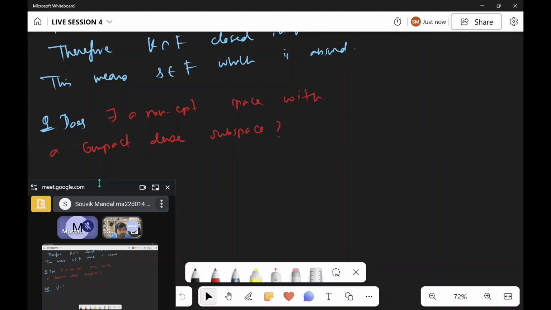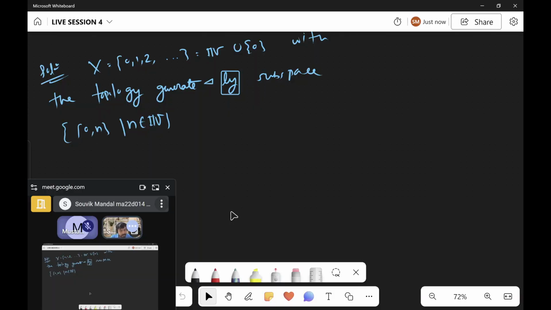So if we consider the space X to be {0, 1, 2, ..., n}, with the topology generated by the subspace {0} and {n}, n belongs to N, then X is not compact, as the open cover {0, n}, n belongs to N,